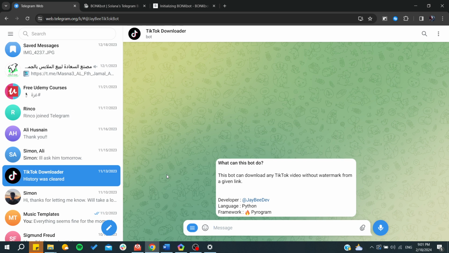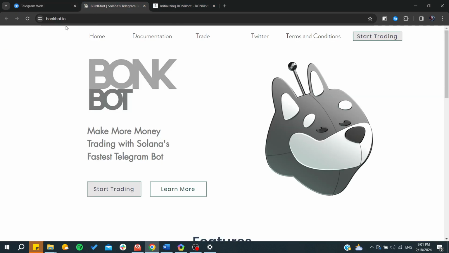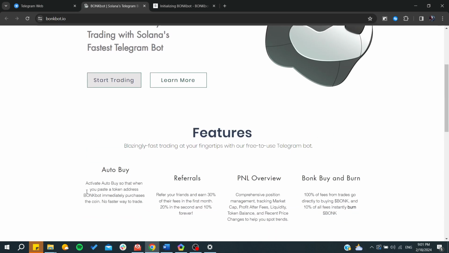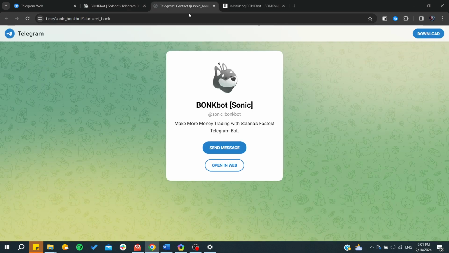So first we need just to search for the BonkBot website. So you will need just to go to your web browser, go to the URL section and just type bonkbot.io. Then it will take you to this website as follows. From here, you will need just to click on Start Trading so you can be able to add it to your Telegram channel. We click on Start Trading, and as you can see, it takes us to the Telegram